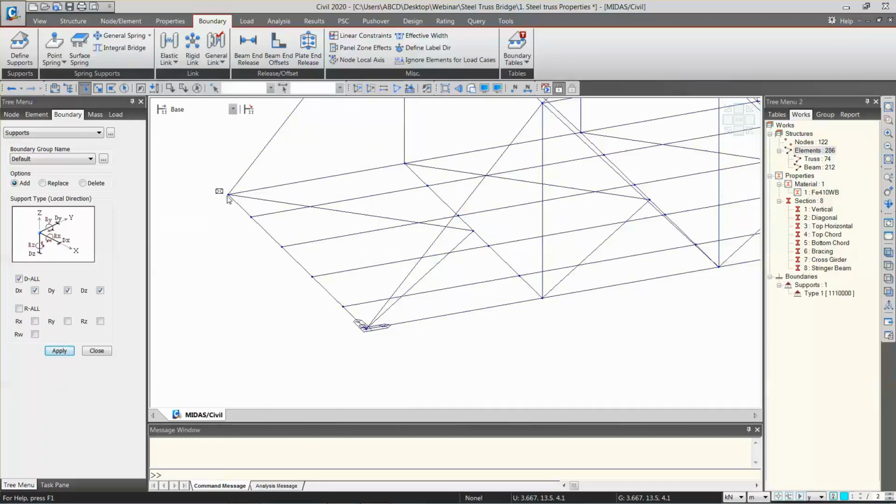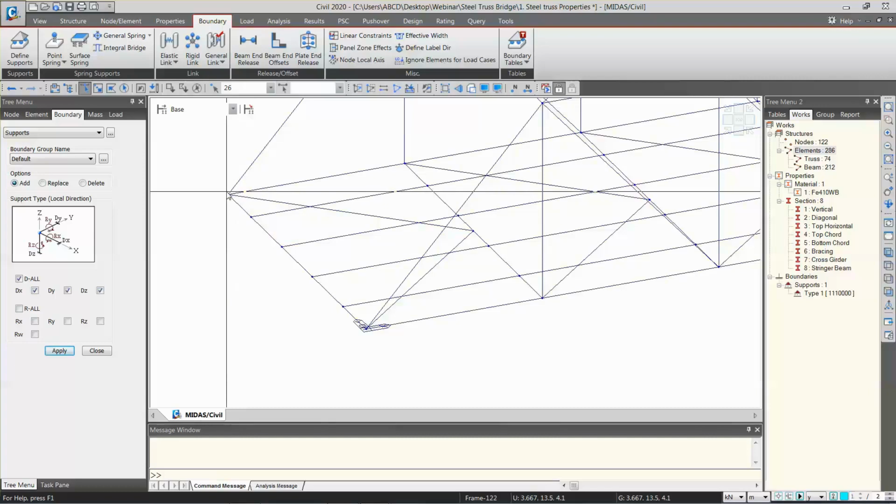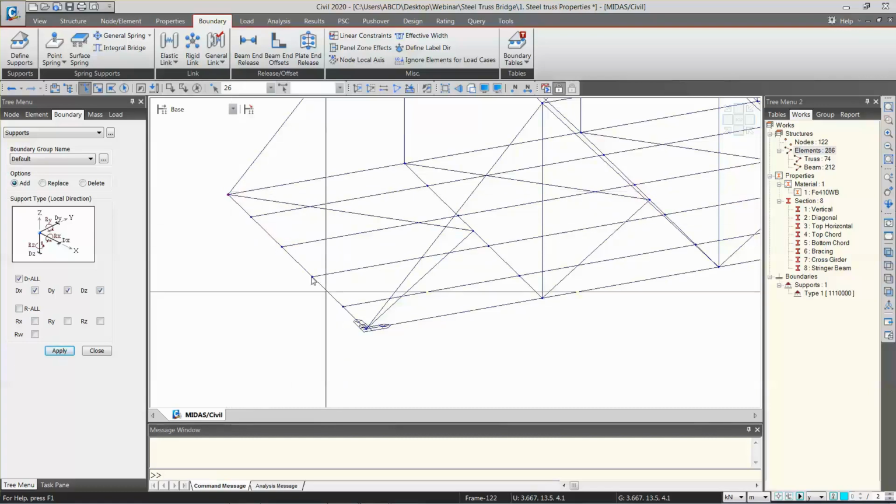Now as you have been following the sessions of the webinar series, you must be aware of how we can assign the PTFE bearings and how the stiffnesses can be given, how the simply supported situation can be replicated here in Midas like real scenarios. So in this direction I am making it free in the Y direction.